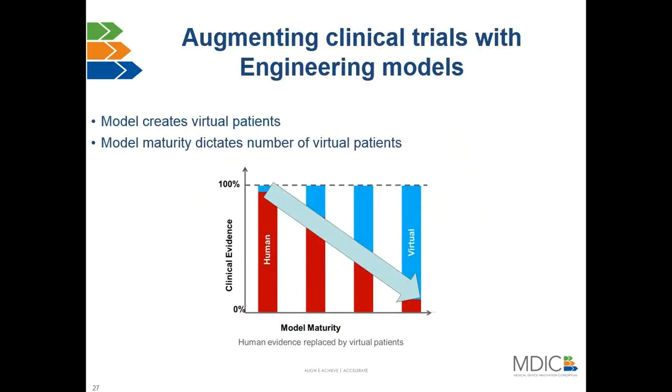One of the other interesting elements of this method is the ability to weight the number of virtual patients really as a function of the maturity of the model. So suppose you have a model that's really mature. There's a lot of validation that's gone into it. The model is something that's considered an international standard and has good predictive qualities. In a situation like that, you may really depend heavily on your virtual patients or the model. And much of the clinical evidence would really be focused on those virtual patients.